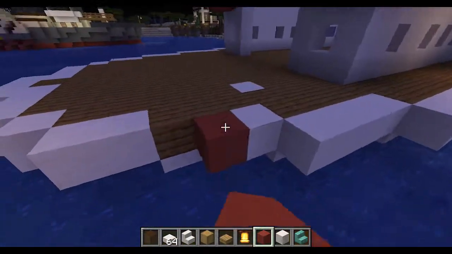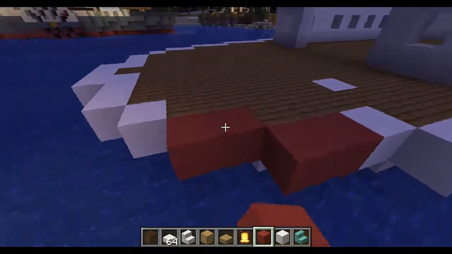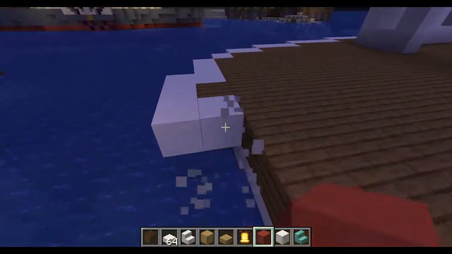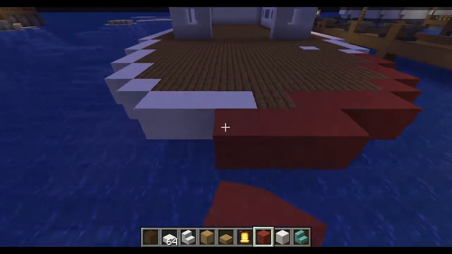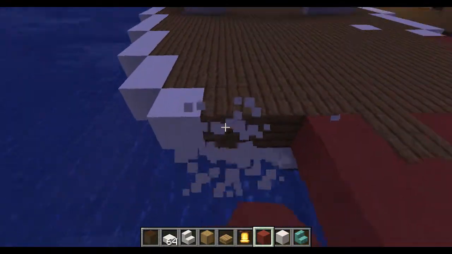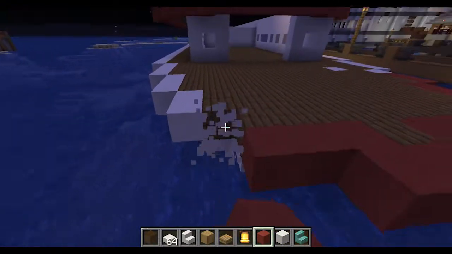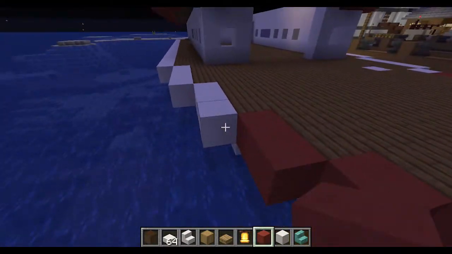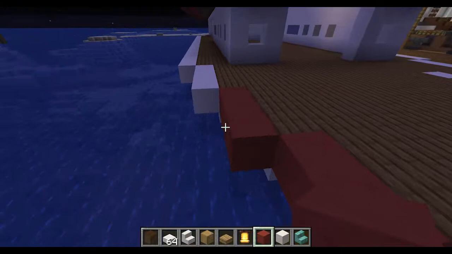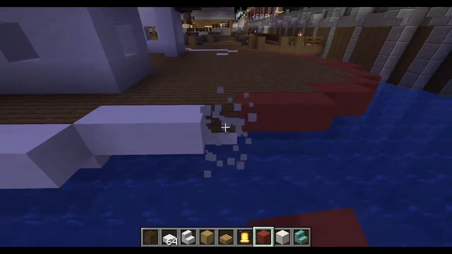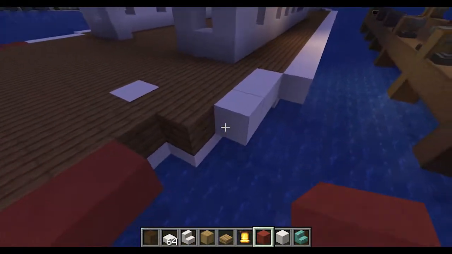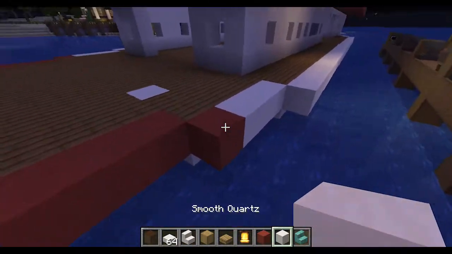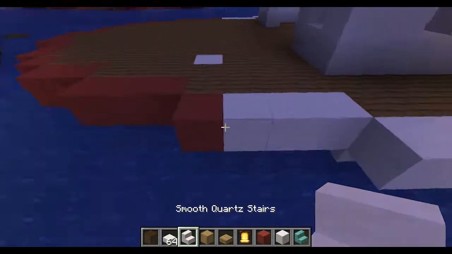I want to add color to the front bow. So I'm just getting rid of some of this white. We'll go in and we'll add white after as well, just to keep the overall look of the boat looking pretty uniform. Break it up a little bit. Don't want to overdo it.